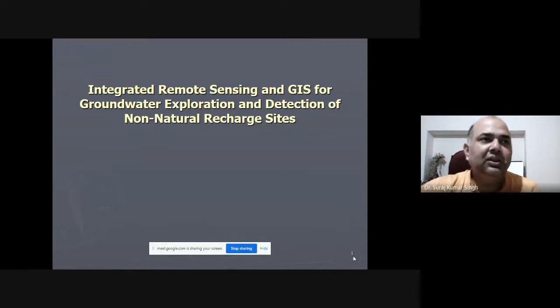So there are different software made for different applications. If you want to work in digital image processing or satellite image processing, you will be using Intergraph Hexagon ERDAS Imagine, and for GIS you will be using QGIS, that is Quantum GIS, a community based open software, and the other one is ArcGIS, manufactured by Esri, for the detection and delineation of groundwater.